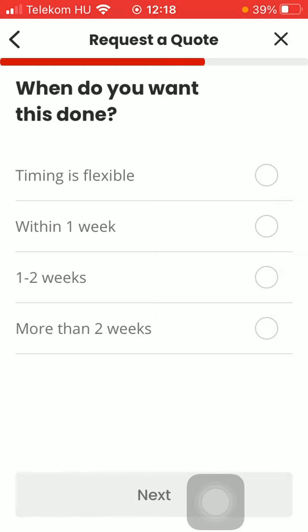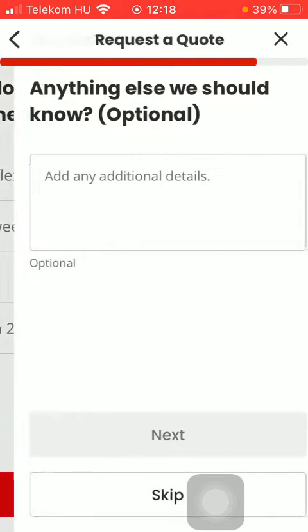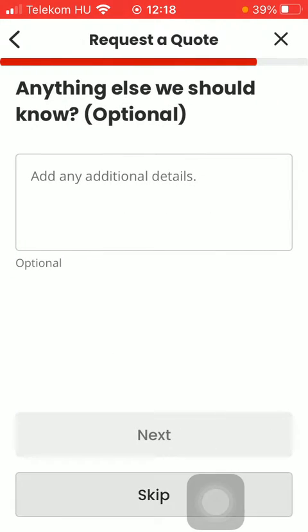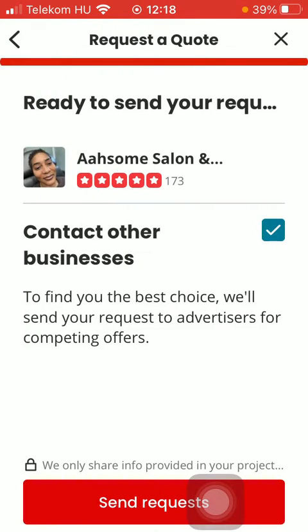Tap on the next or skip button. Select the time. Additional details can be added, and then you can tap on the send request button so that you can request